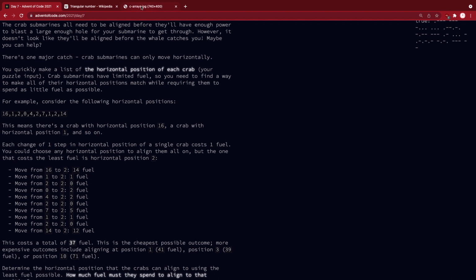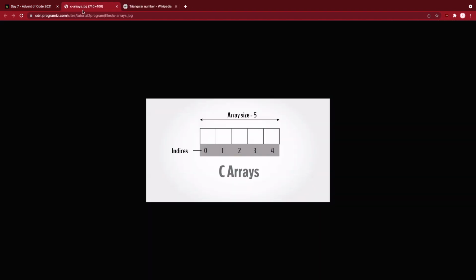So what I quickly pulled up for that is this screenshot of an array. So if you would consider that at each position there's a crab, or maybe there are also multiple at one position, that's not necessarily given. The goal of today's puzzle is to move them around, and each move costs 1 fuel